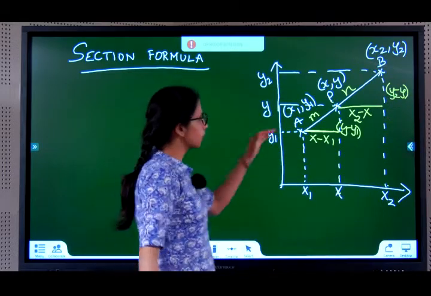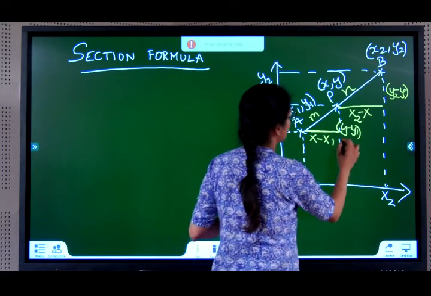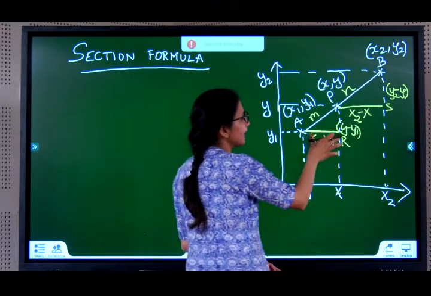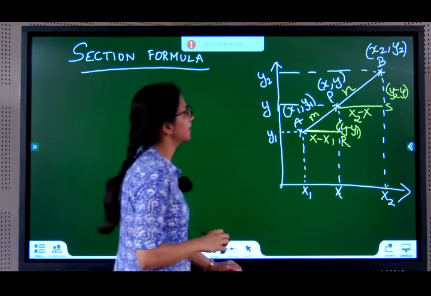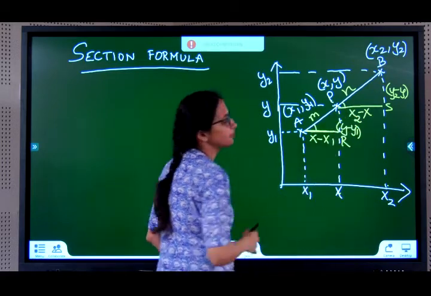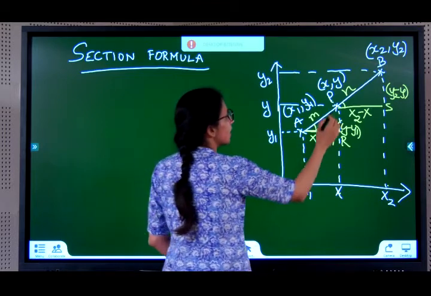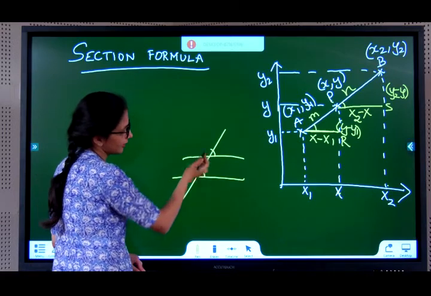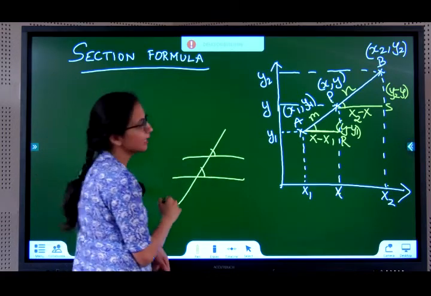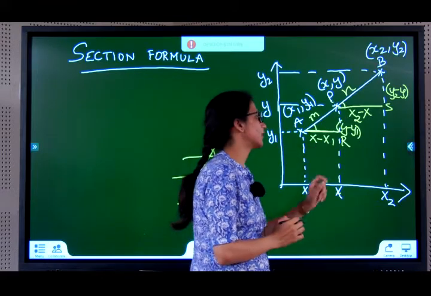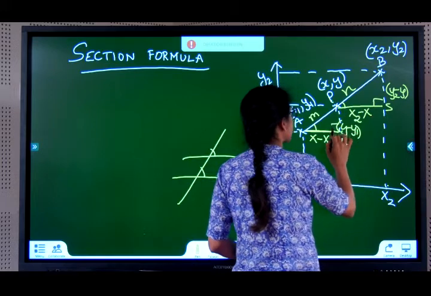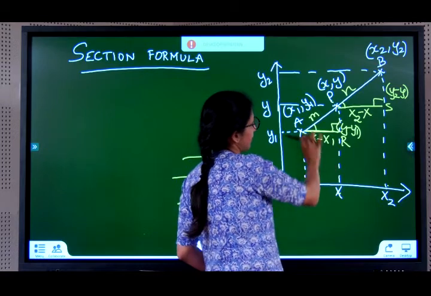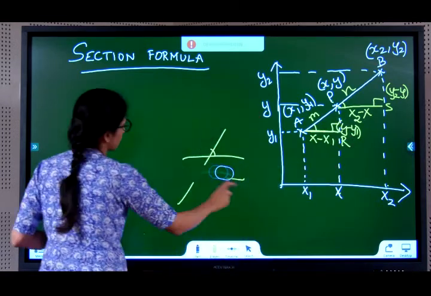Yes. Now this line that I am drawing here has to be parallel to this, obviously. Let's say this is R and S. AR is parallel to PS. If AR is parallel to PS, what happens? Can I say this angle equals this angle? Why? Corresponding angles. Two parallel lines and a transversal, one outside and one interior on the same side. These are called corresponding angles. Corresponding angles are equal. Next, this angle is 90, this angle is 90. Why? This is the y coordinate line, this is the x coordinate line. They are perpendicular to each other.